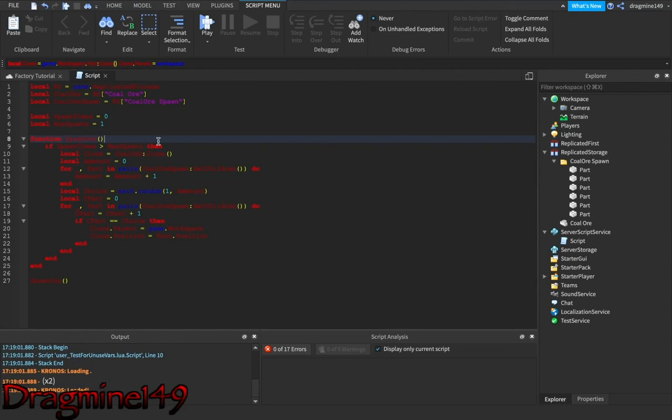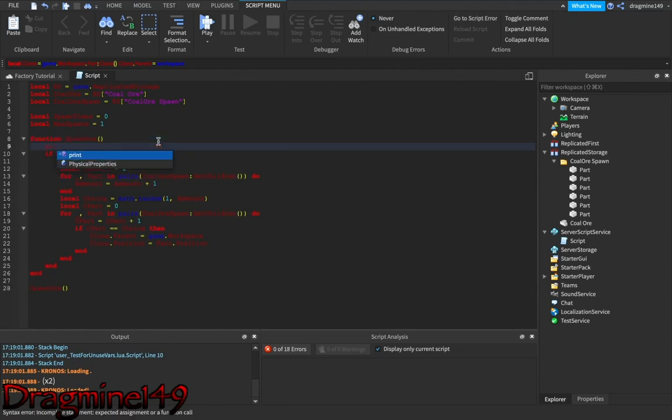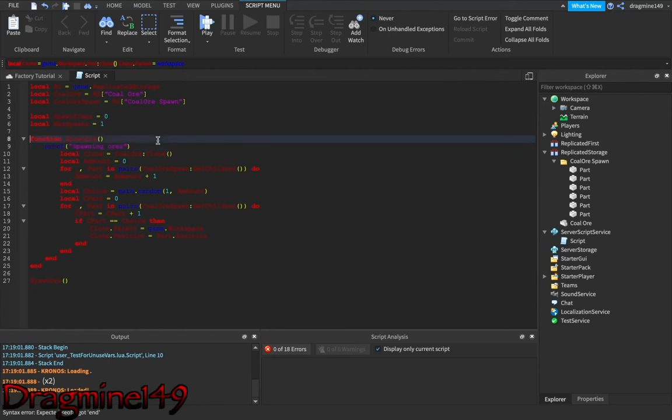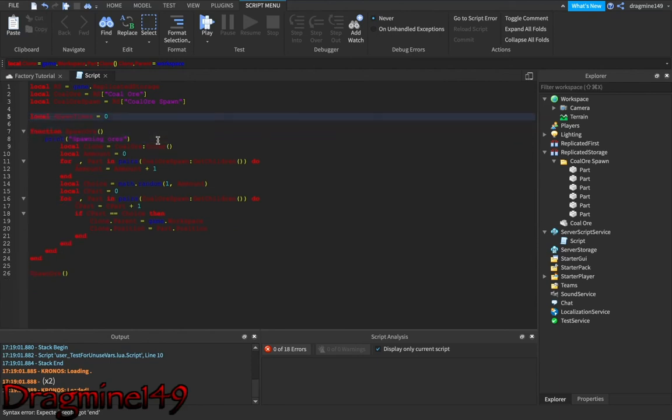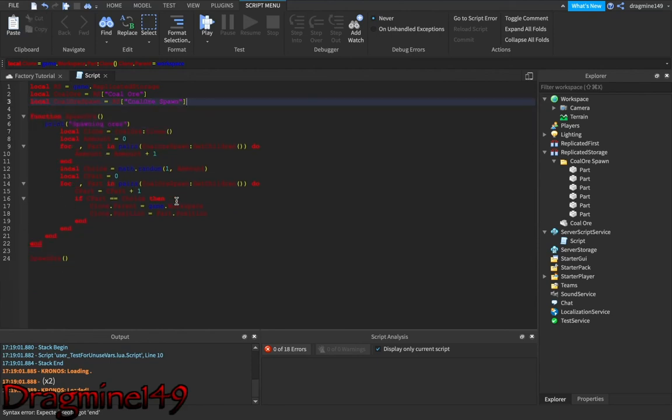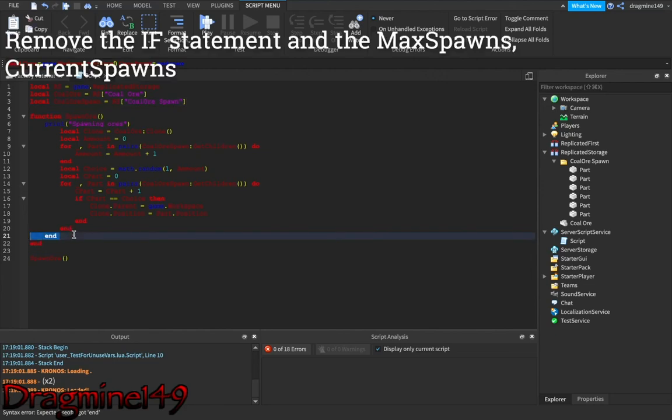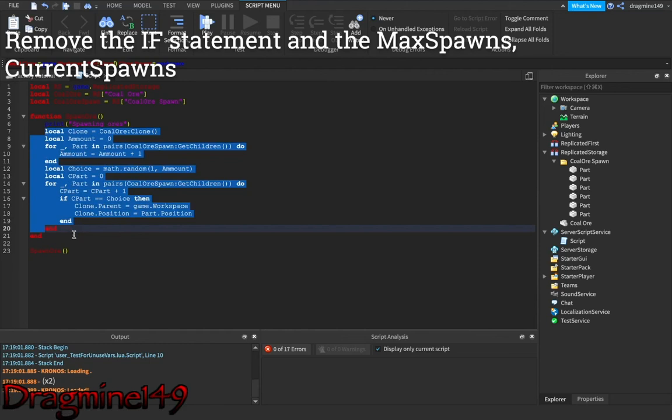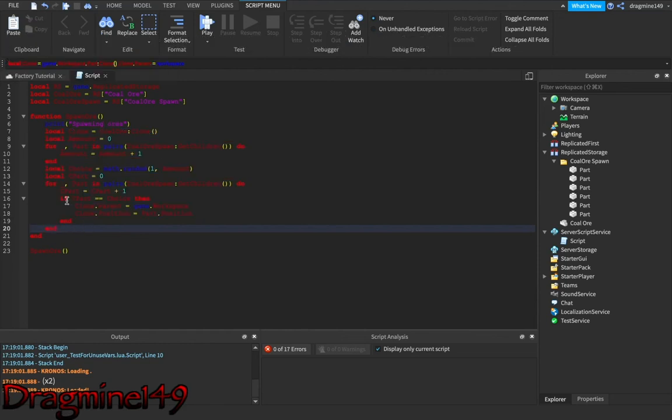If you want, you could also print spawning ores. As we were only running it once and not doing it again, we actually don't need those. But if you were going to do it on player join, then you will need those. So now with this, here's what we got.